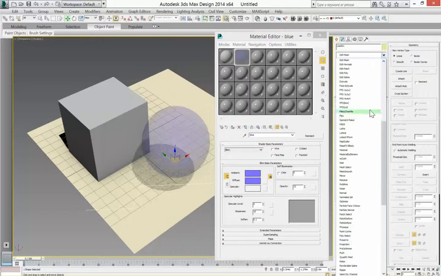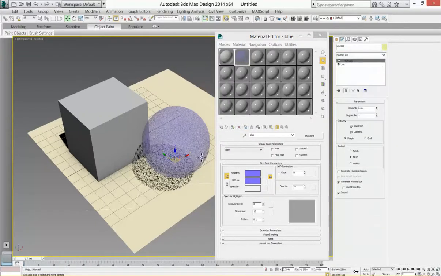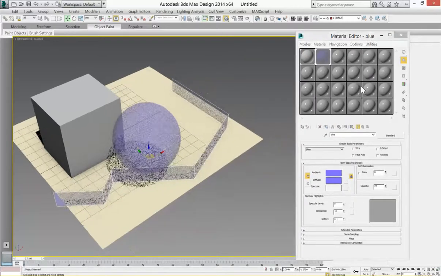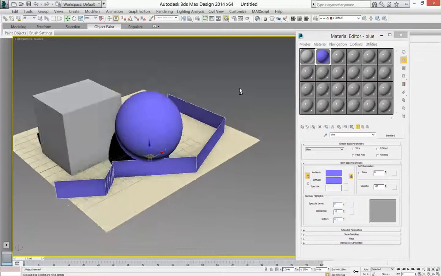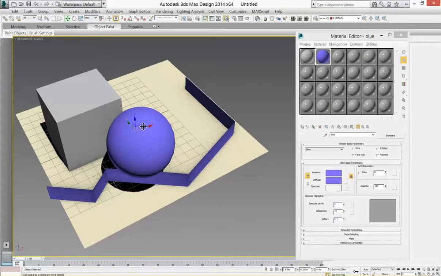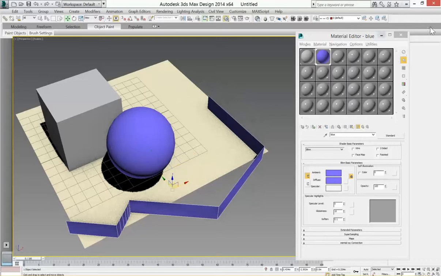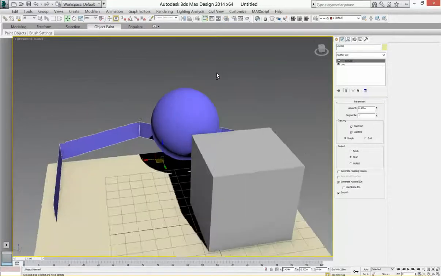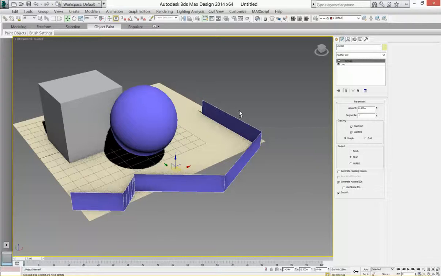I'm going to add an extrude modifier and bump it up. So if I were to make this blue, and let's bring that opacity back up, opacity meaning how opaque the material is. The less opaque, the more transparent. What we'll see now is the viewport by default is actually showing both sides of